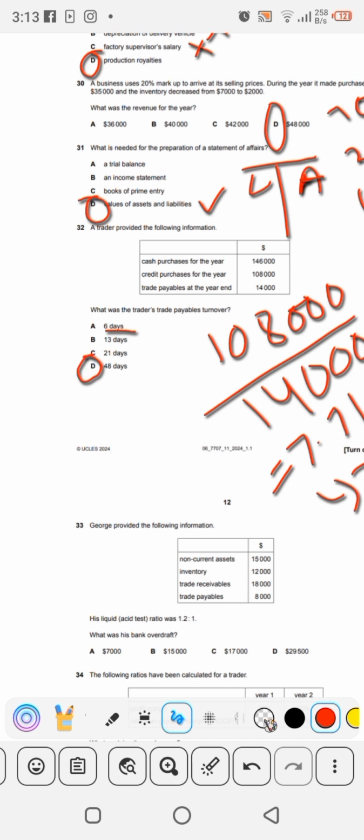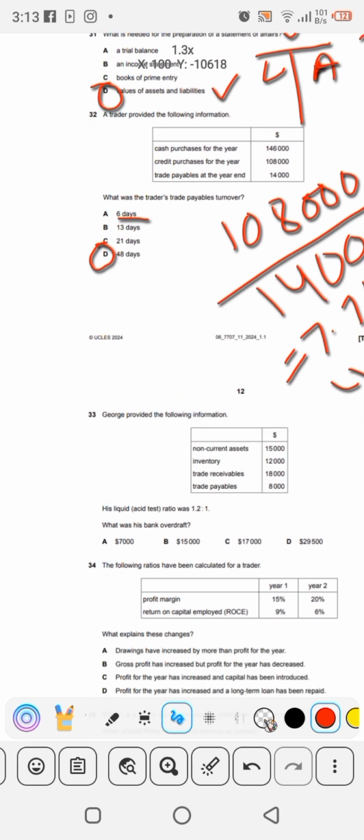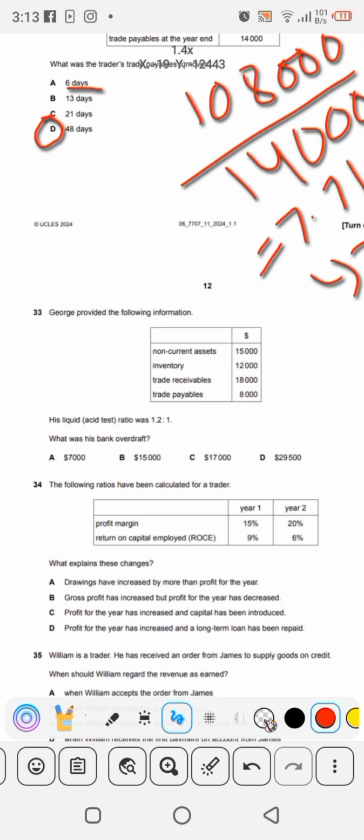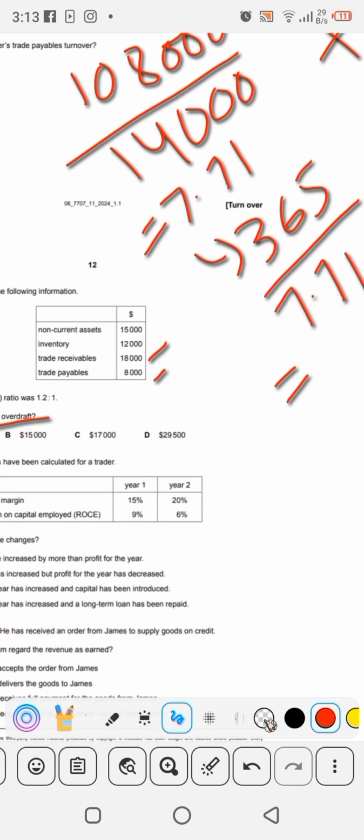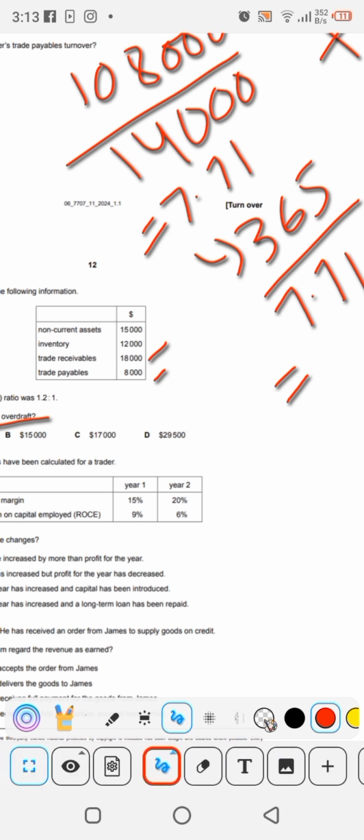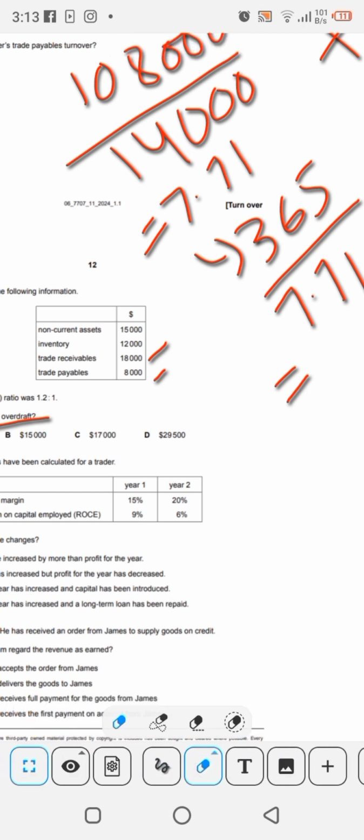Question number 33 is George provided the following information. His liquid asset test ratio was 1.2:1. What was his bank overdraft? So the formula for this is current assets minus inventory upon current liabilities. So we will only take trade receivables as current assets and then trade payables plus bank overdraft as current liabilities. So we will do that, 18,000